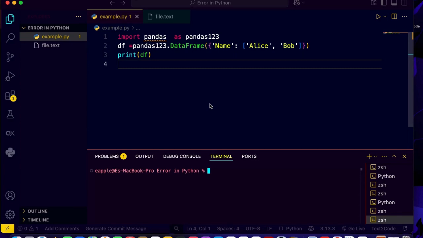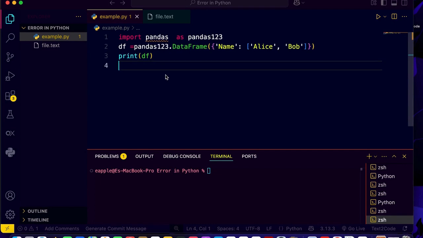In this quick tutorial, I will show you how to fix the common Python error. If you are running a Python script and seeing this error, "module not found error," look into this Python script. This one is the Python script,